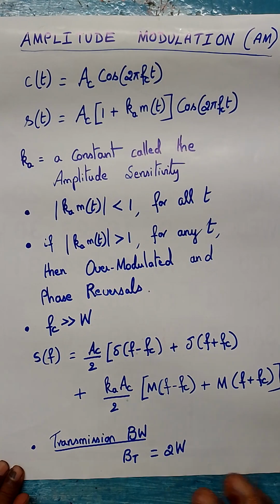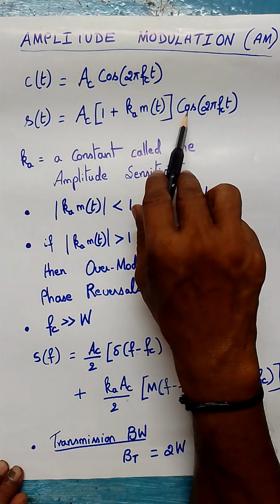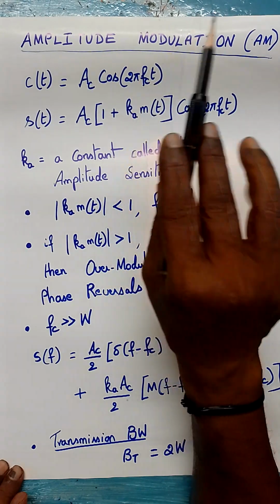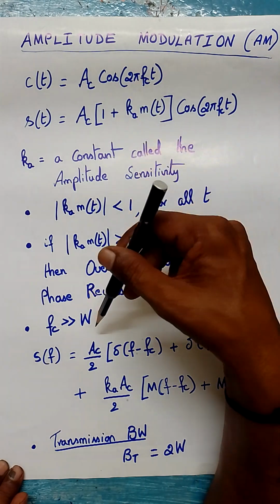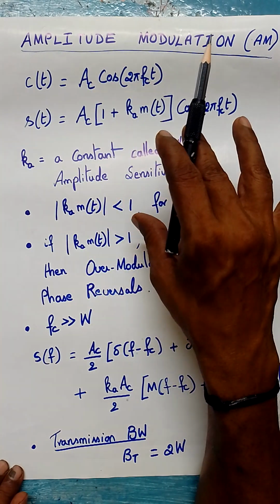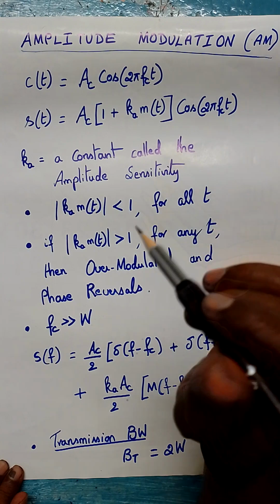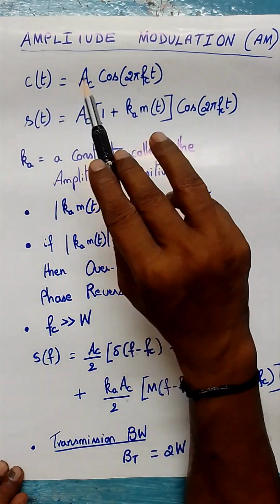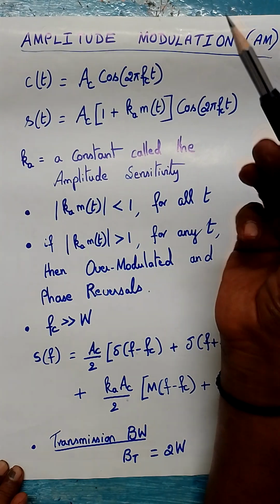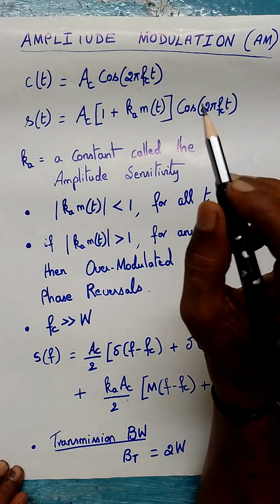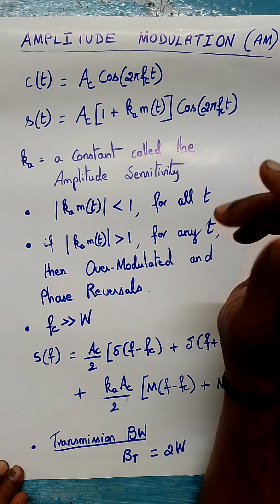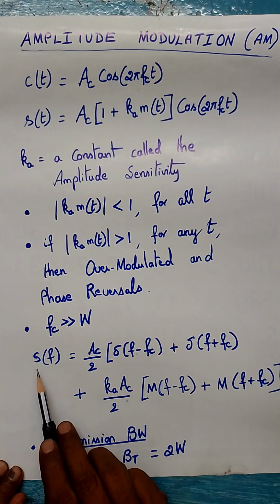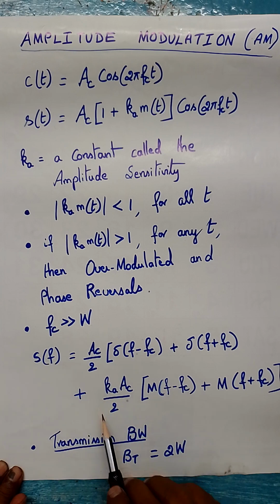Now the next point is, this is the amplitude modulated signal in time domain. Now we are going to represent this in frequency domain. As such, the explanation of amplitude modulation is over, but we want to see what happens in the frequency domain. So this time domain amplitude modulated signal is converted into frequency domain using Fourier transform. So we are in Fourier domain now. So this S of t, when you take the Fourier transform, S of f, you can see